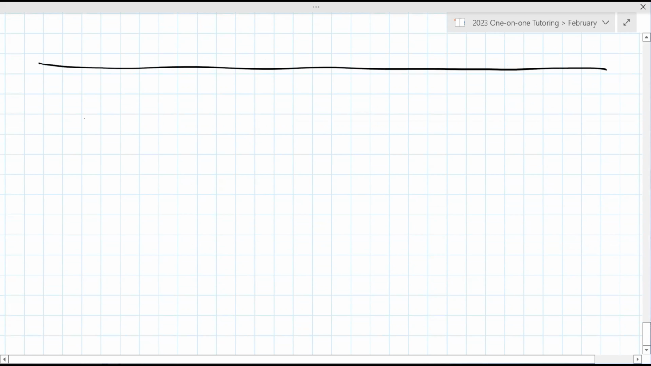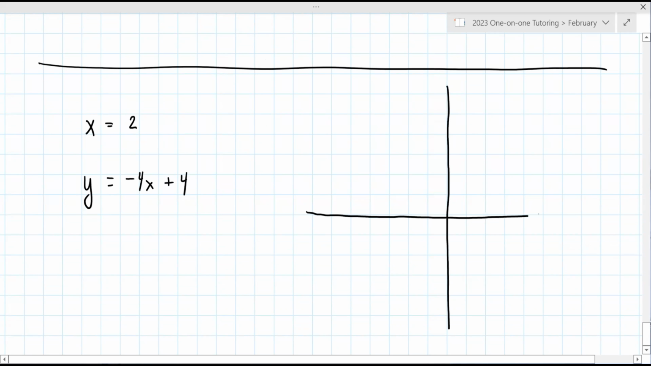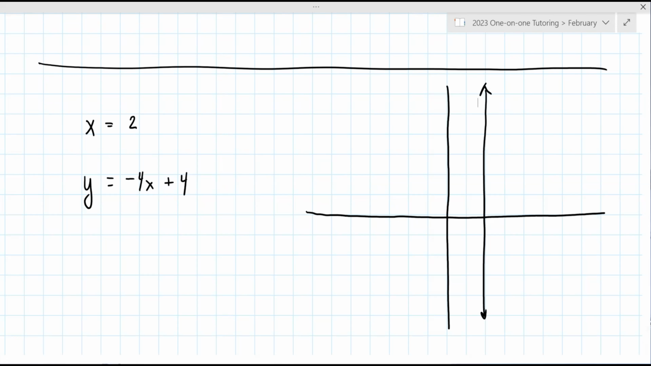Let's say it's x equals 2, y equals minus 4x plus 4. What kind of a line is x equals 2? X would be just on the 2 on the x-axis, so something like straight down. Yes. And then y would be